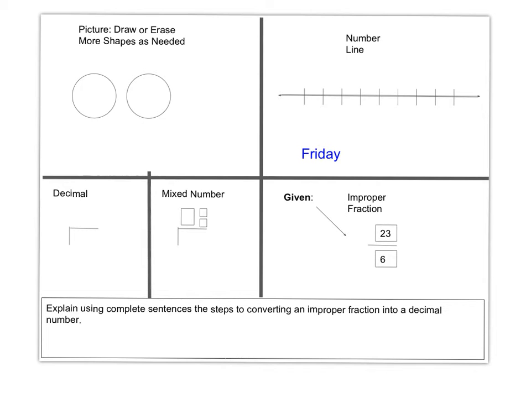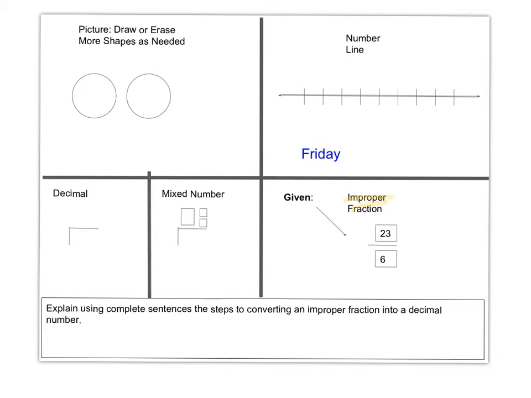On Friday's warm-up, we saw fractions written as decimals, mixed numbers, improper fractions, represented as a picture and on a number line. So we're going to talk about this today, and you will have an opportunity to practice converting fractions into all of these forms throughout the rest of the week. We could choose to convert from the improper fraction into either a decimal or a mixed number, but I'm going to go to the mixed number first,